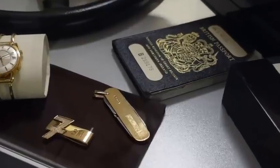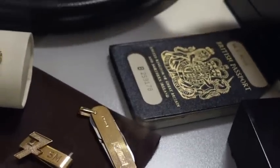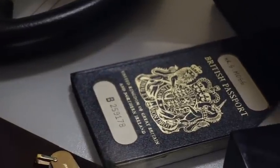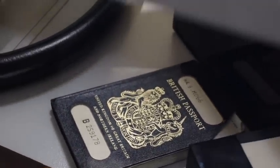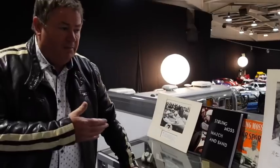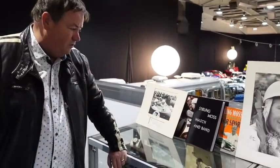Which is incredible. I wonder what the stamps are in there. I bet they're from all over the world, wherever he raced and competed. So this stuff is going to be coming up for sale on Saturday, 12 noon. It's going to be before the main car auction. The memorabilia of Sir Sterling is going to be coming across the auction, so make sure that you check that